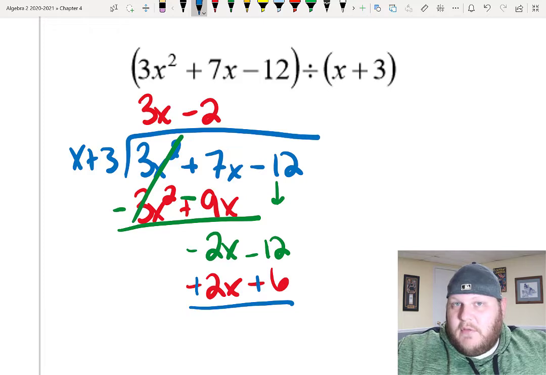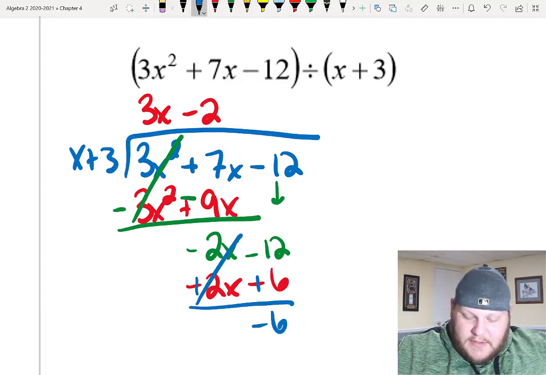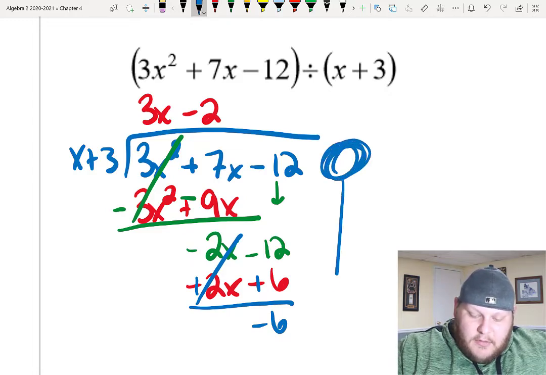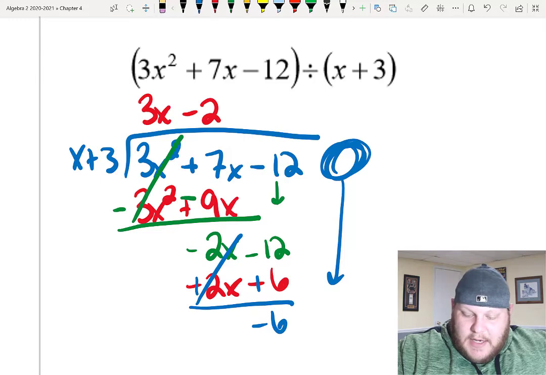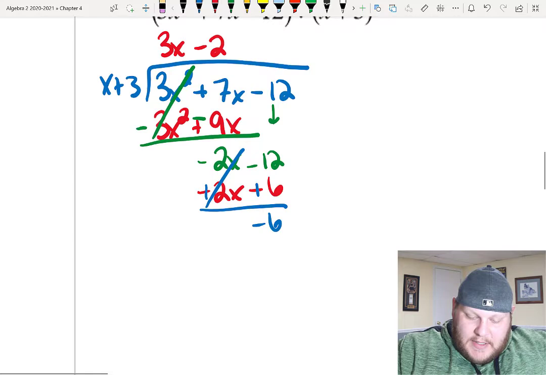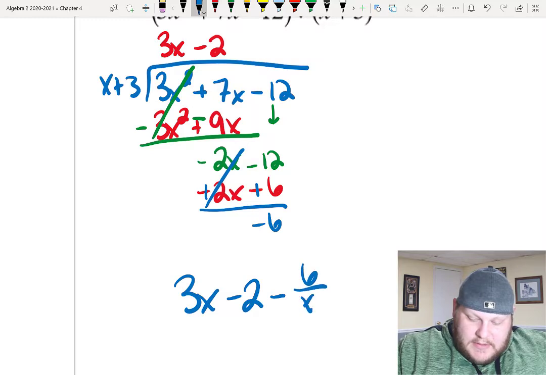I have to switch the sign for both of them, and then add up going down. Those go away, and I have a negative 6 left over. Now, I don't have anything out here to drop down for the next layer, so that's where I end. That negative 6 is now my remainder. I always write it as a fraction with that up top and what I was dividing by as the denominator. So we can see here my answer would be 3x minus 2 minus 6 over x plus 3,